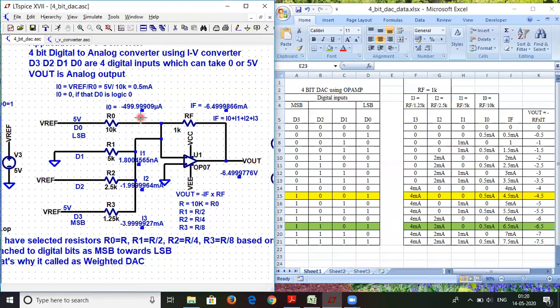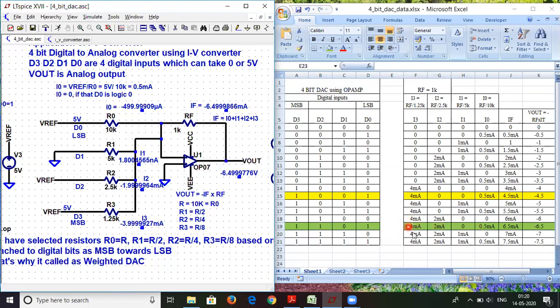Okay, let us check our values. No doubt about I0. In this case, we are checking this combination where D3 to D0 is 1, 1, 0, 1. That is the digital combination. And the corresponding values of currents are 4 milliamperes, 2 milliamperes, 0 and 0.5.